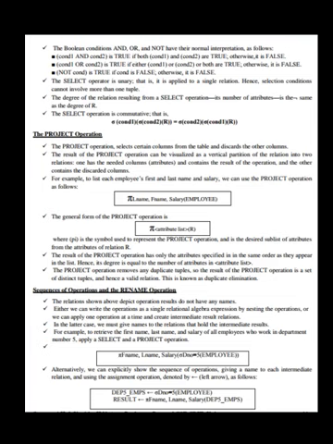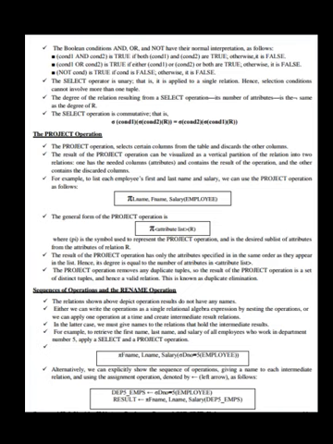The select operator is unary, that is, it is applied to a single relation, hence selection conditions cannot involve more than one tuple. The degree of the relation resulting from a select operation, its number of attributes, is the same as the degree of R. The select operation is commutative, that is, see the figure here.